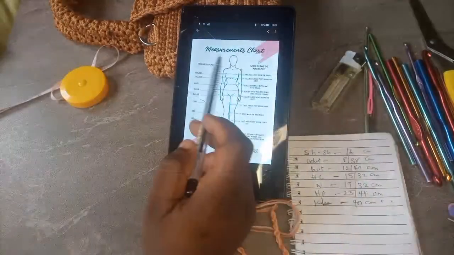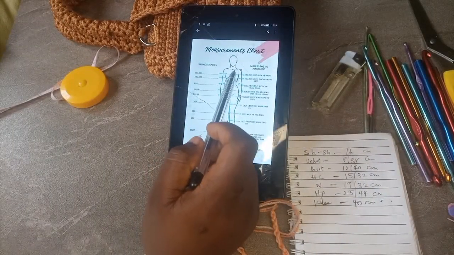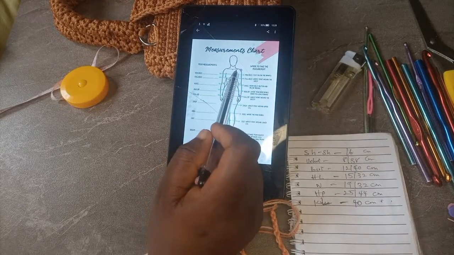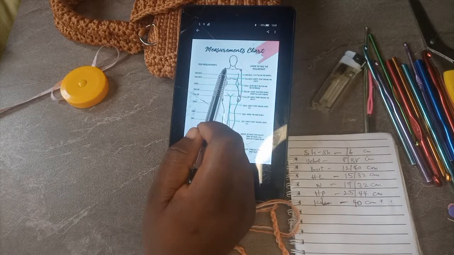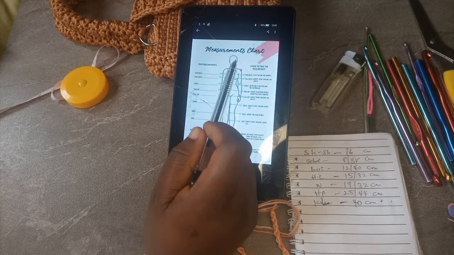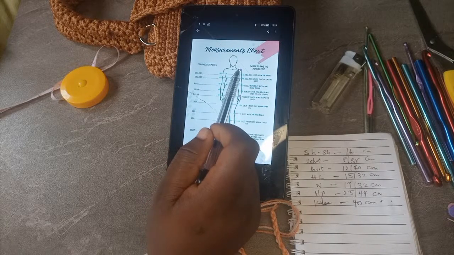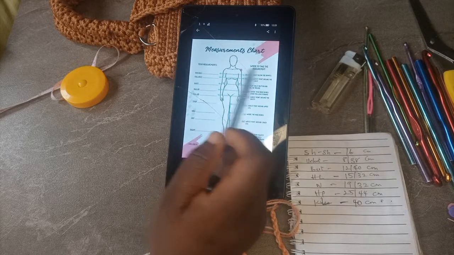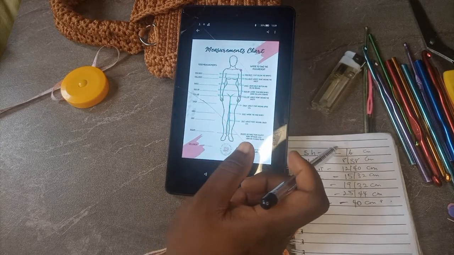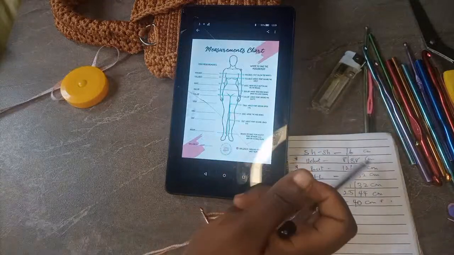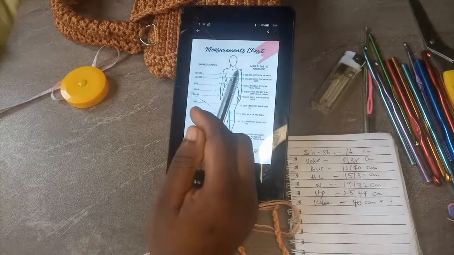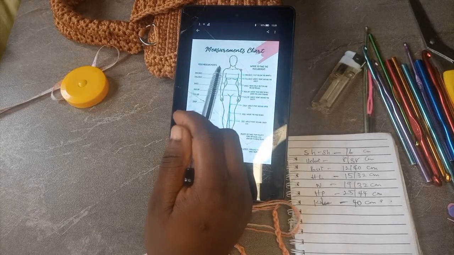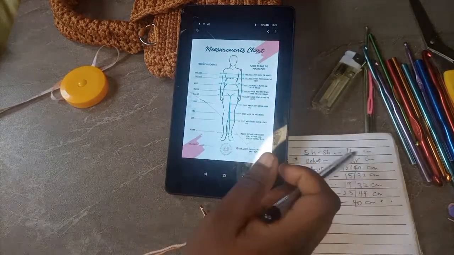For the shoulder to shoulder measurement, you discover that it wasn't the circumference that we'll try to measure. Okay, we didn't go all round. They just place it from one of your collarbone to the other of your collarbone, and that's how you have your 16 inches for the body size and 16 centimeter as in this case. You understand? So now that means if we go to the circumference, it's supposed to be 32.